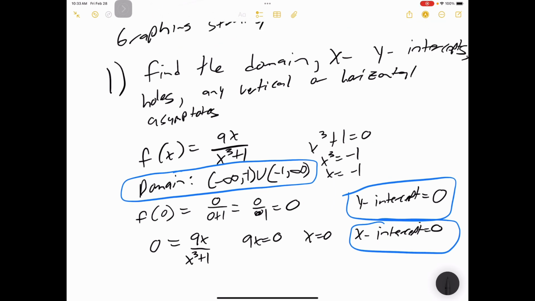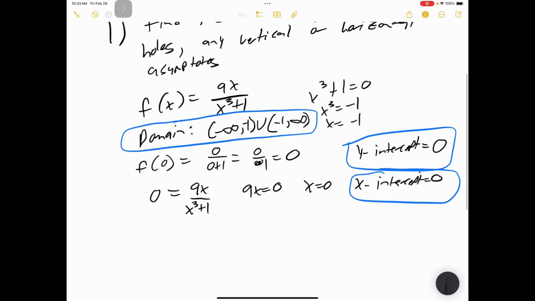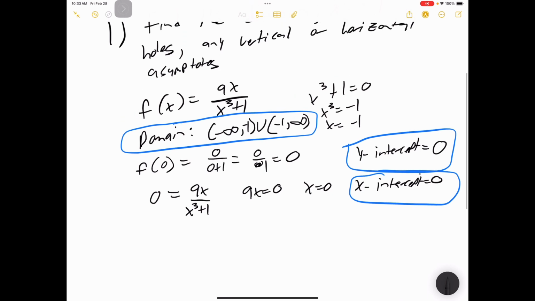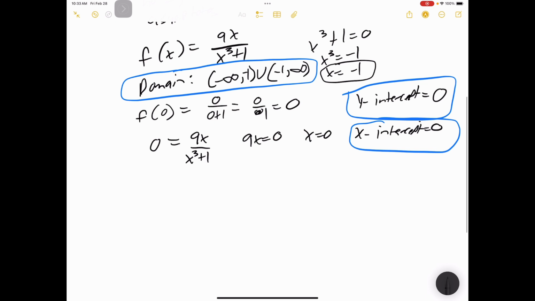So we have our domain, we have our x and y intercepts. We can look for any holes or vertical or horizontal asymptotes. So holes would be removable discontinuities. I don't see any removable discontinuities, but I do see a discontinuity, right? I see that something weird happens when x is equal to negative 1. And if there's not a hole there, if the discontinuity is not a hole, we know it's not a jump because we don't have a piecewise function. So we have an infinite discontinuity, which means we have a vertical asymptote